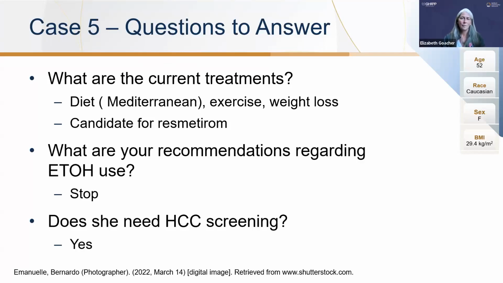So she does have the mild alcohol consumption. Is it really what she says? Perhaps it might be higher, depending on the person you're looking at, or if you don't have PEth testing to concord with that. So how you position targeted MASLD pharmacotherapy is going to vary from person to person. But in this situation, she's not an unreasonable candidate for resmetirom. We've already talked a little bit about the importance of alcohol cessation and how she navigates that.